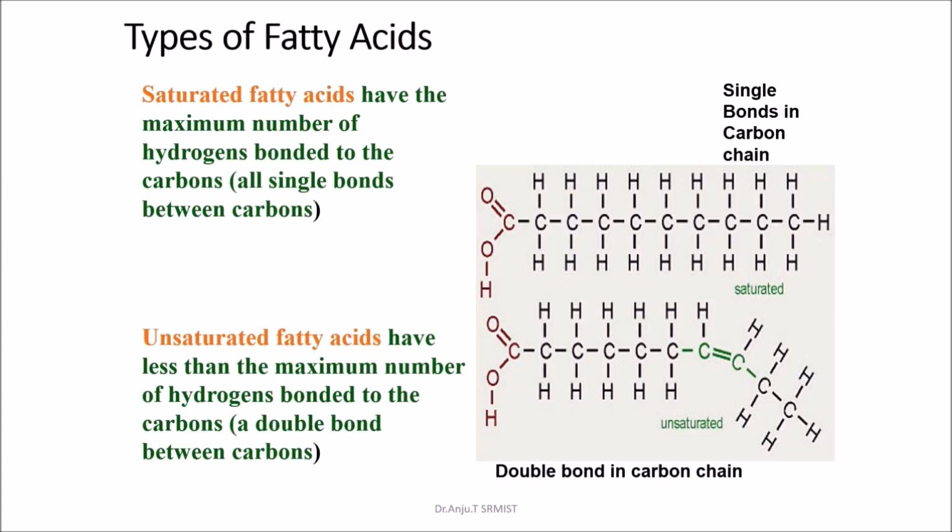And here not all lipid groups contain fatty acids as their monomeric units. We will see why. This fatty acid, the monomeric unit, is of two different types majorly. That is, you categorize as saturated fatty acid and unsaturated fatty acid. A saturated fatty acid is when you see in the carbon chain only single bonds, then the fatty acids are called saturated fatty acids. But if a double bond is found in the carbon chain, then the fatty acid is called an unsaturated